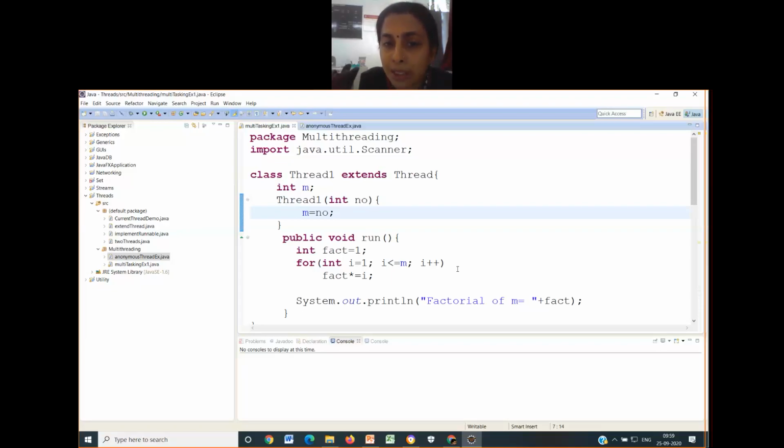Whatever I have passed, I am storing locally into a variable m. Now I will begin with the run method. Inside this run method, I have written the simple factorial program. Initially, I declared fact equal to 1 and using the for loop, I computed the factorial of the number m.